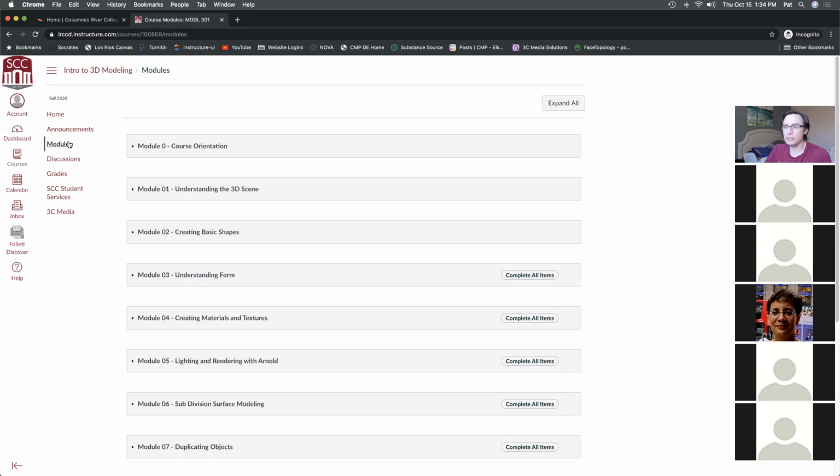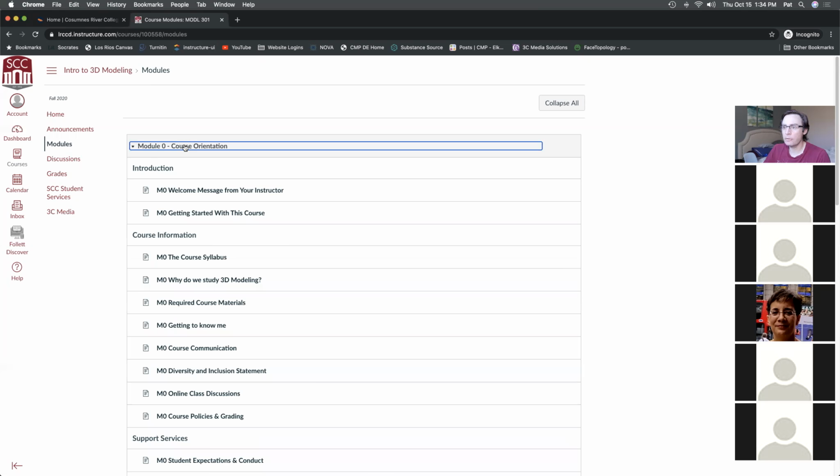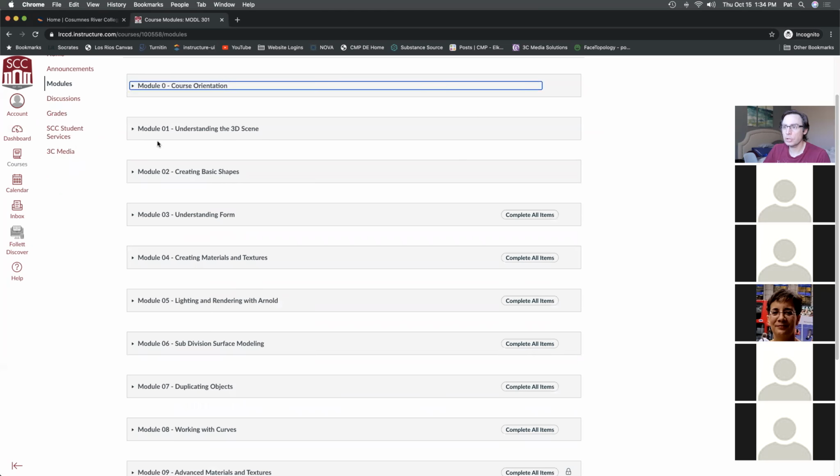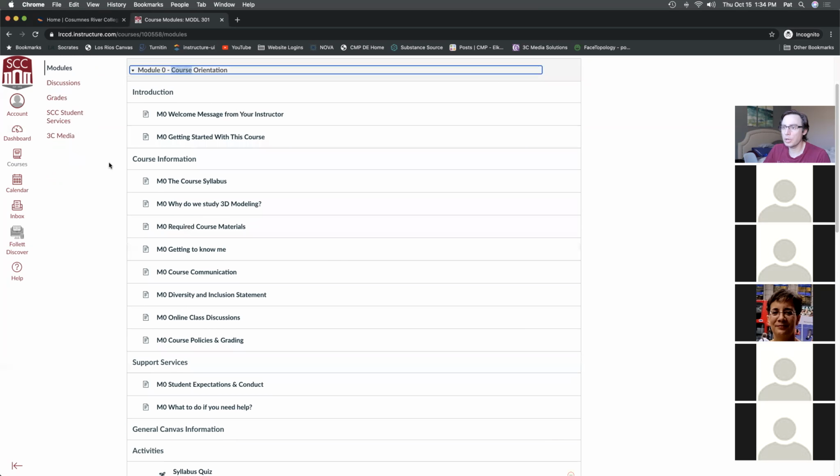It really is kind of like a library of all the content for our class. As you can see, once we go into the modules tool, if the instructor has designed the course correctly, each one of our learning modules is a container for a whole bunch of information. So if you look at these dark gray bars here, think of these like folders. And inside of these folders are a lot of different things, including